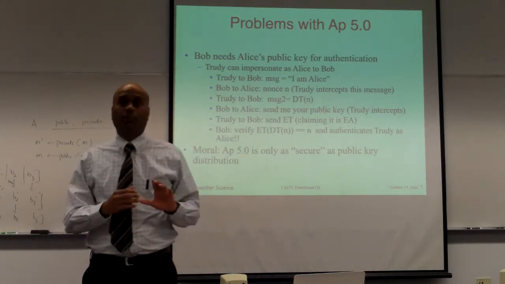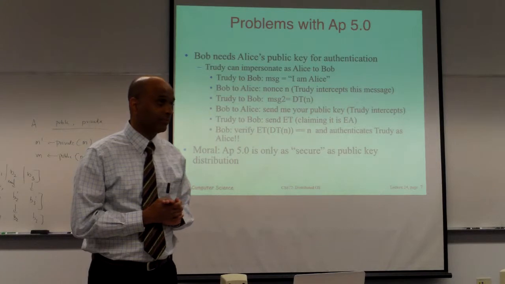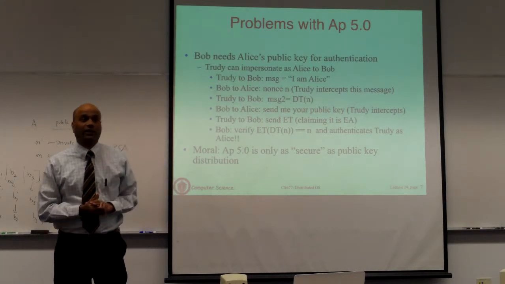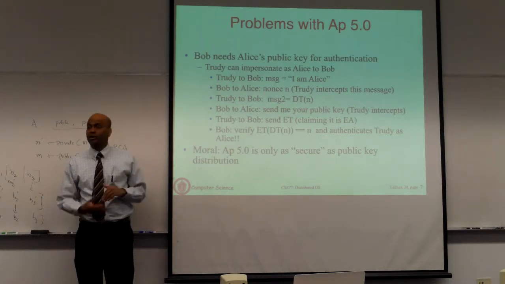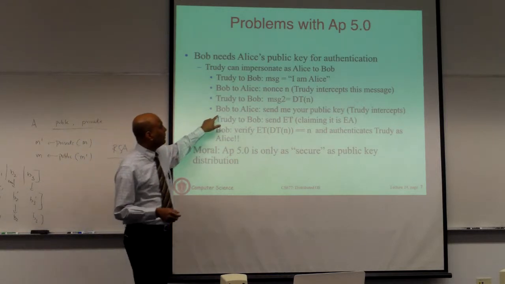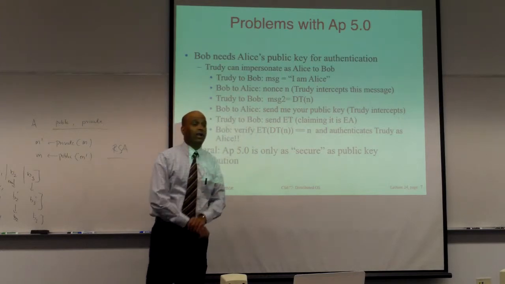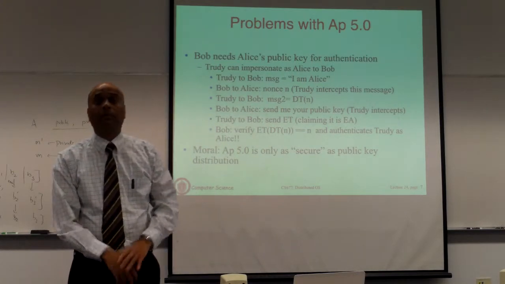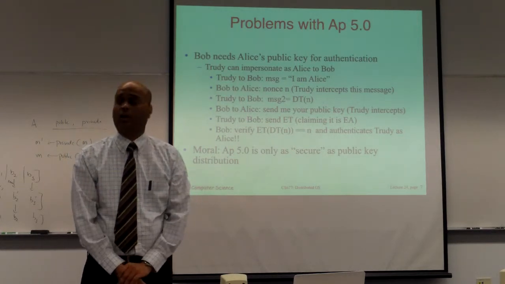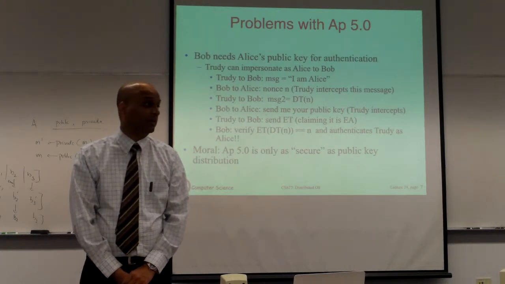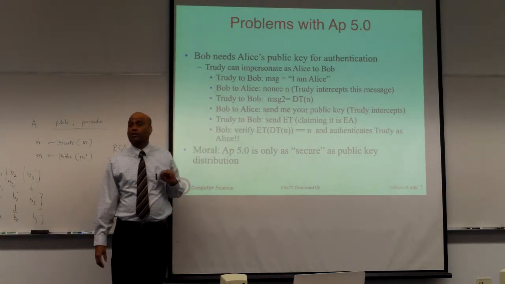Now, for Bob to authenticate that this is Alice, Bob needs Alice's public key. The assumption is that Bob doesn't have a database of everyone's public keys. So Bob has to go and get the public key from somewhere. So Bob is then going to somehow try to get Alice's public key. One way to do this is to send a message to Alice saying, "Give me your public key." People put up their public keys on their website. As you may have seen, if you go to some website, they'll say, "Here is my PGP key, which is my public key." So let's say Bob goes to Alice's web page to get her public key.